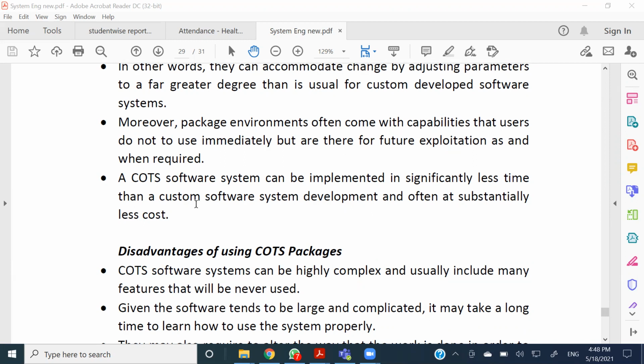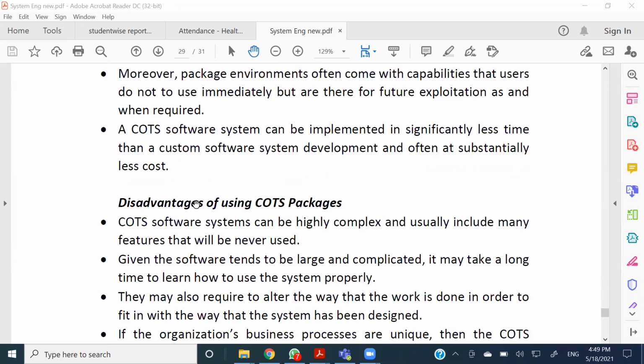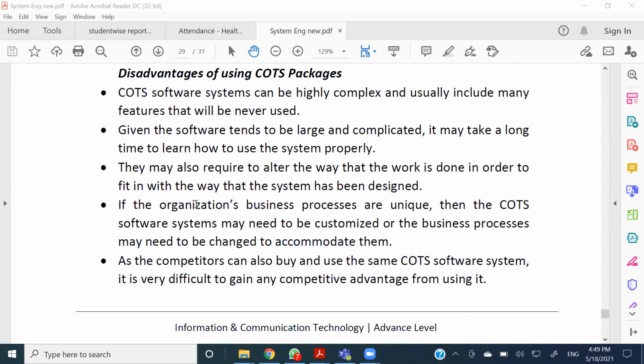There are many kinds of additional features which we may not require at this particular moment, but in the future we have already purchased them when we purchased the COTS package, right? So in one way, it will save the money and the time that we need in the future, right? And when it comes to the disadvantages,